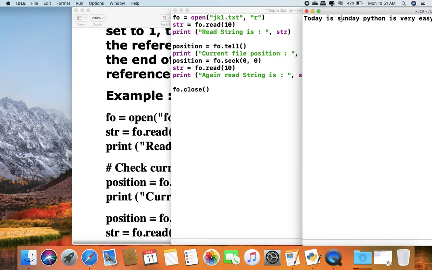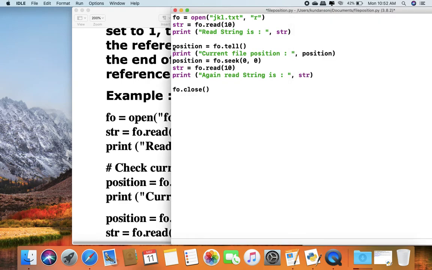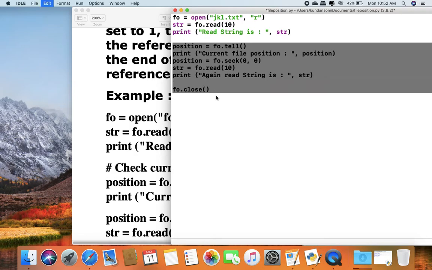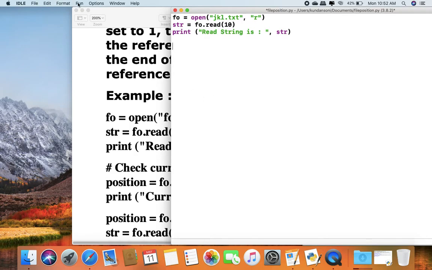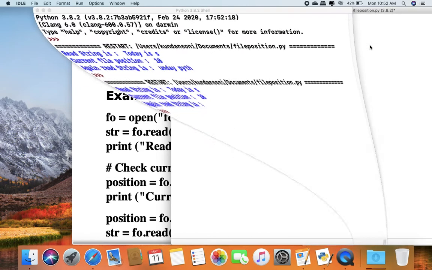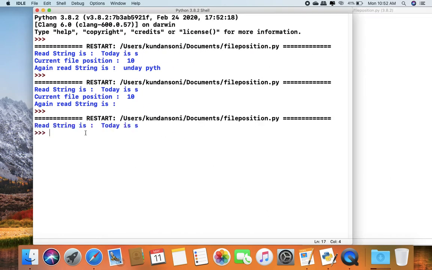So it will read the string "Today is s". When we print this string, this output will come: Today is s. First of all we will execute this program till here.